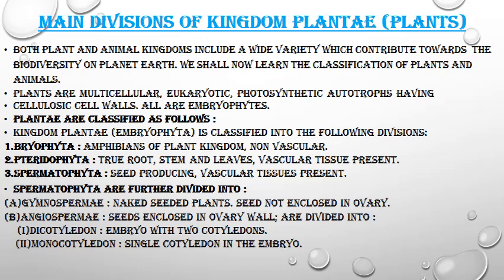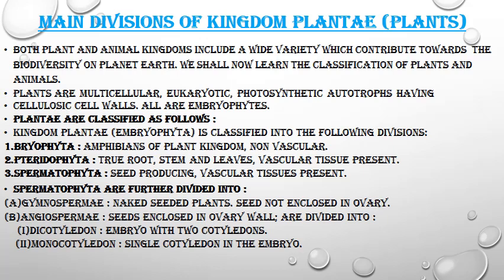So, the main divisions of kingdom Plantae, plants. Both plant and animal kingdoms include a wide variety which contribute towards the biodiversity on planet Earth. We shall now learn the classification of plants and animals. Plants are multicellular, eukaryotic, photosynthetic autotrophs, having a cellulosic cell wall. All are embryophytes. Plantae are classified as follows: